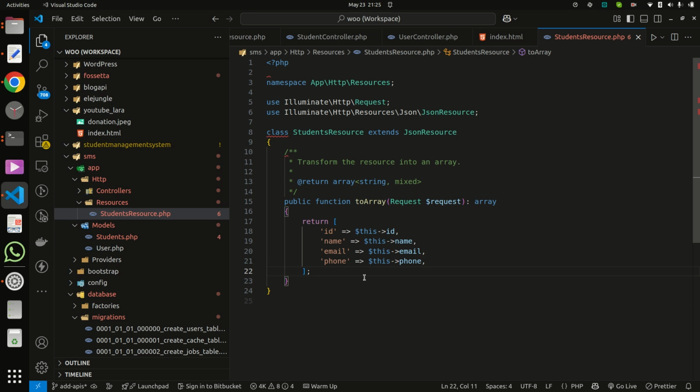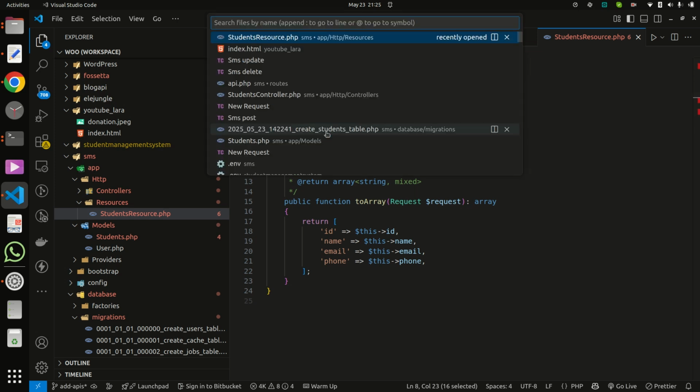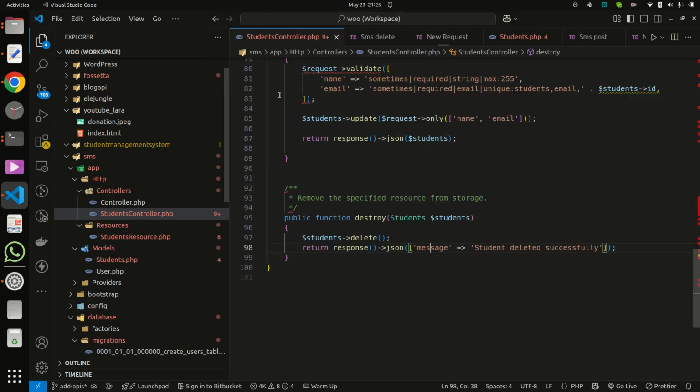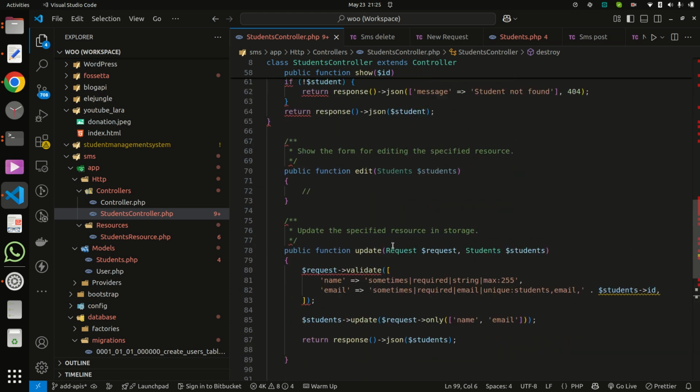Okay, one step done, and now go to the second step. Inside the controller we will use the StudentResource class.